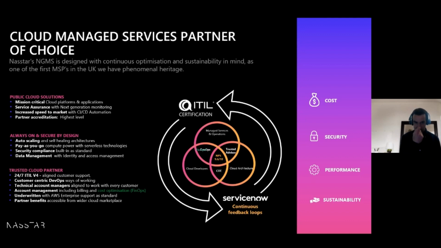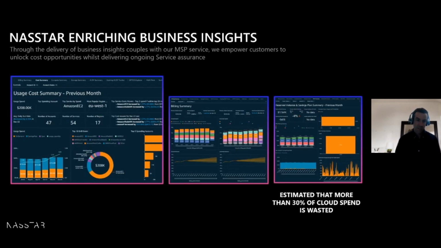If we move to the next slide, Rebecca, this is just an example of some of the business insights that we unlock within the cloud native tool sets. It allows us to drill down into what customers are spending based on layers, and we can also help with tagging to start to apportion this to business units or projects to drive accountability or governance. We can set thresholds around accounts and growth metrics. So if we see accounts growing exponentially, we can alert to that. We can also put caps on accounts.